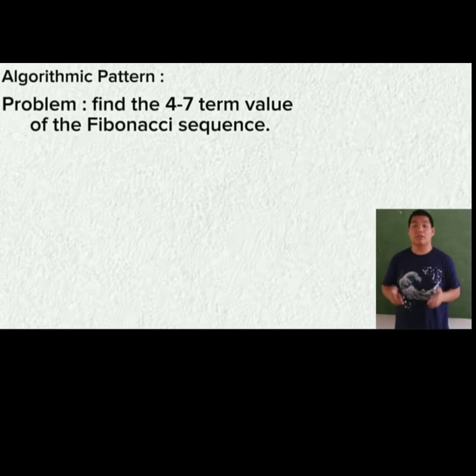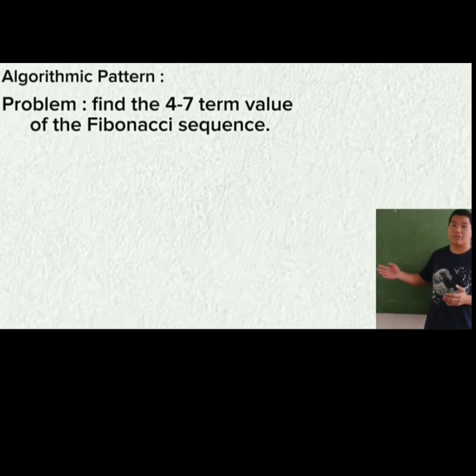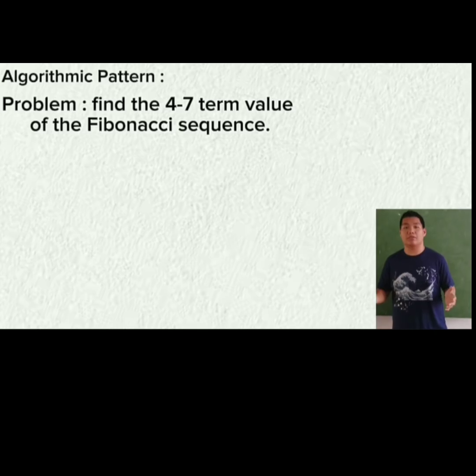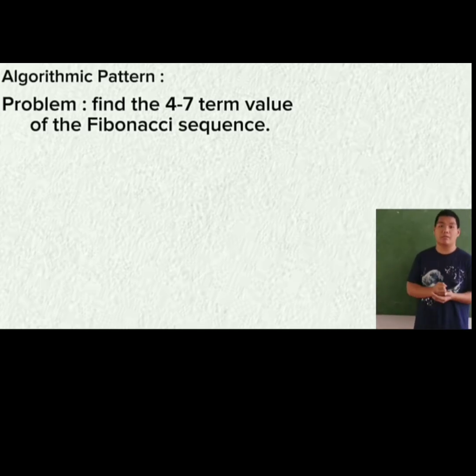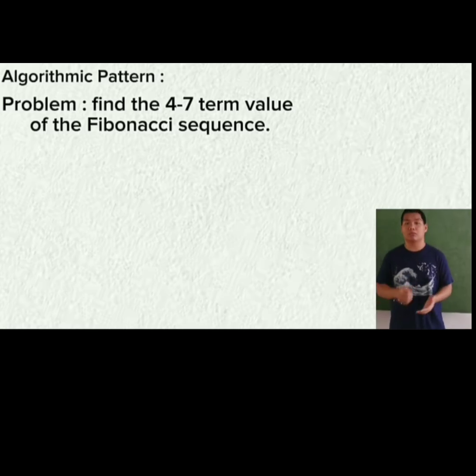Secondly, algorithmic pattern problems. Find the fourth to seventh term value of the Fibonacci sequence. The Fibonacci sequence has a rule: in order to get the next value of the term, you add the two previous values together to form another. Let's try to solve until the seventh term of the Fibonacci